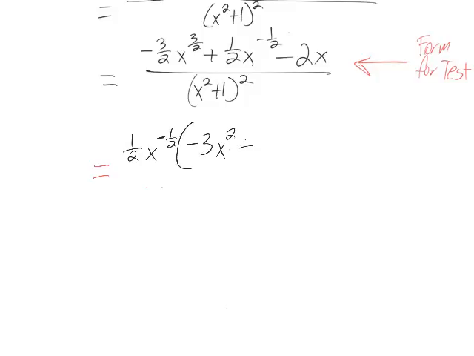In the second term, taking out the 1/2 leaves you with a 1, and then taking out the x to the negative 1/2 leaves you with a 1, so that just becomes a 1. In our last term there, if I divide 2 by 1/2, it's the same thing as multiplying 2 by 2. And then if I divide x by x to the negative 1/2, I get x to the 1 minus negative 1/2,